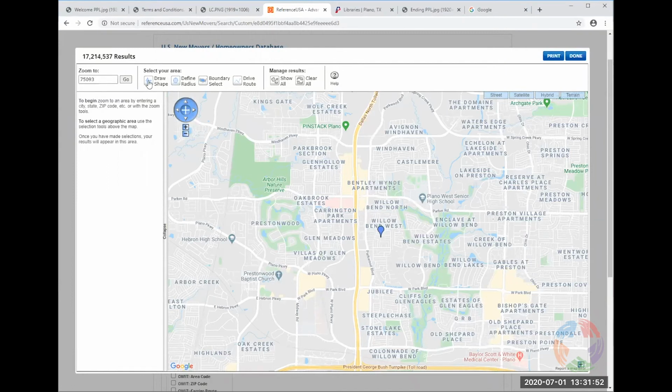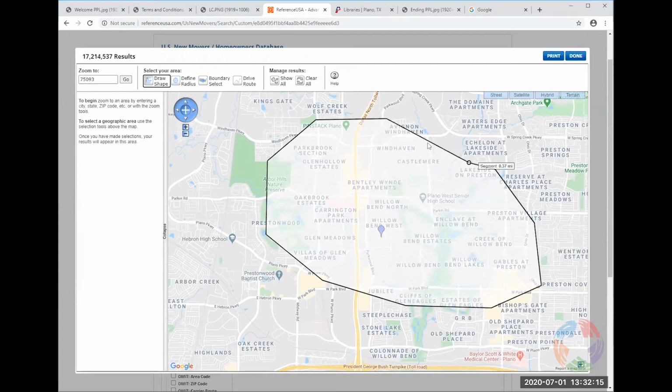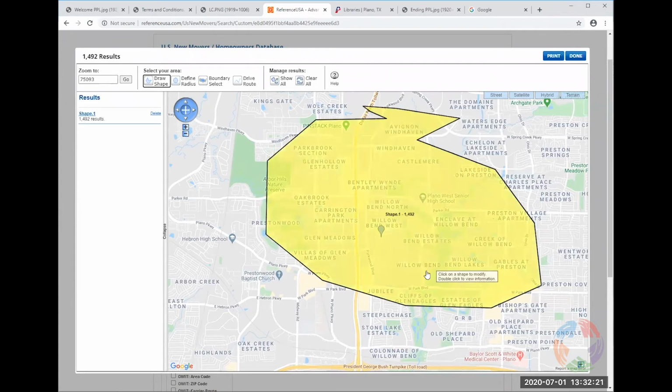Now what we could do is we could draw a shape. Okay, so do you see that up here and select your area, draw a shape? And if you come over here, your cursor is going to tell you, click to place points, double click to finish. Ooh, this is fun. Okay, so we're going to click here, and then click there and there and there, and we're going to get a really, really weird shape. That's probably not quite what we want, but that's okay. It's kind of fun. Okay, so now we're done. So we're going to double click. Okay, that's our area. It's a really bad area. I would not recommend this.